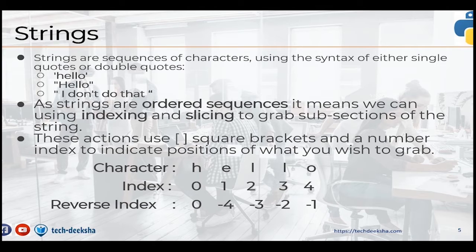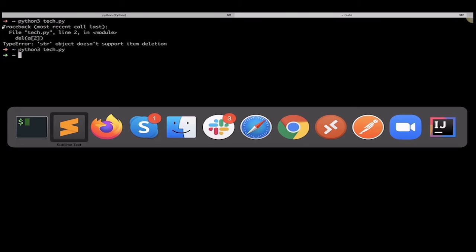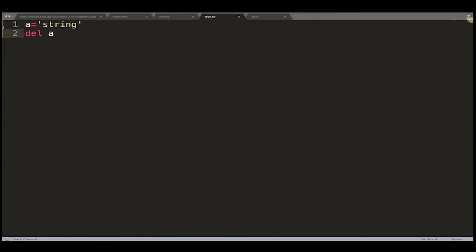Or if you want to print in between, let's suppose there is a string which has 8 characters and you want to print from 5 to 8, so 5 comma 8, it will print 5 to 7. So 8 minus 5 is 3, so 5, 6, 7, 3 characters will be printed. Whenever logical type questions come, if anyone wants to know how many characters will print, you just need to subtract the numbers.